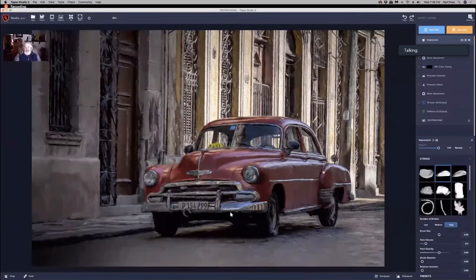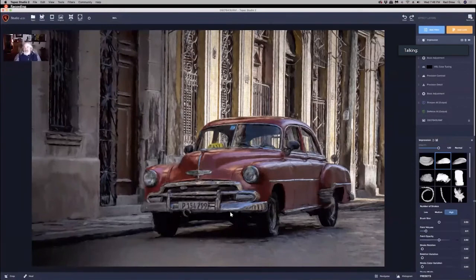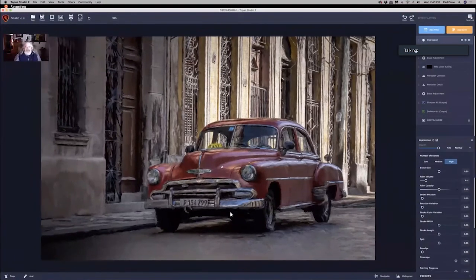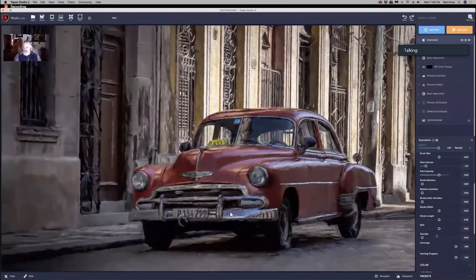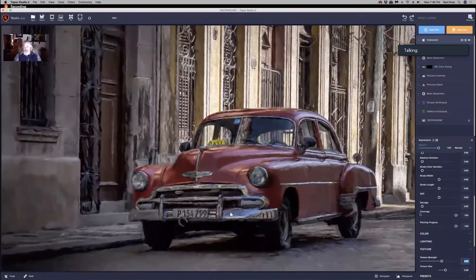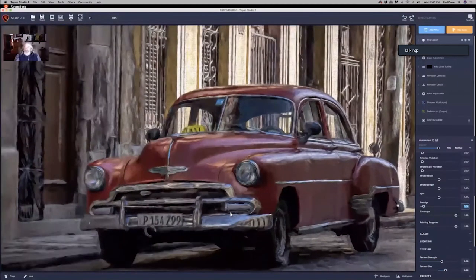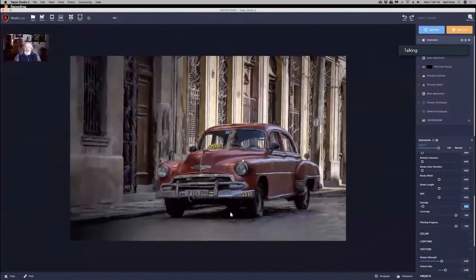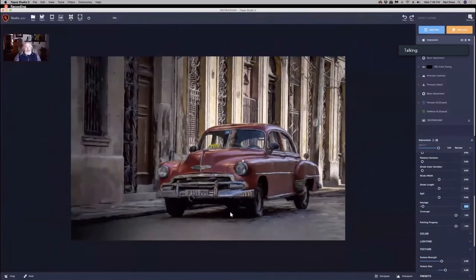And now you can maintain that brush look that you liked, and tweak to your heart's content to get the effect that you want. There are all these different ones you can play with, but one of them I really like is the smudge, where you just give it a little bit of a smudge, and it kind of softens the brush strokes. You can go way, way up with it and make it over the top like that, but just a tiny bit gives it a softness and a nice feeling about it that I really like. So that's